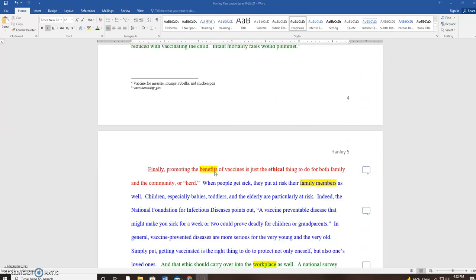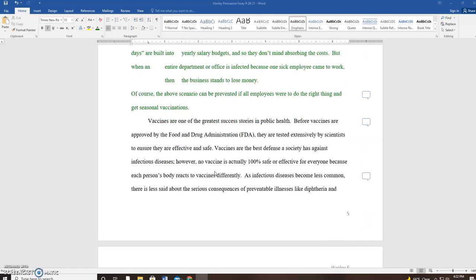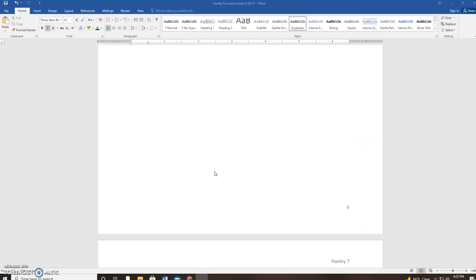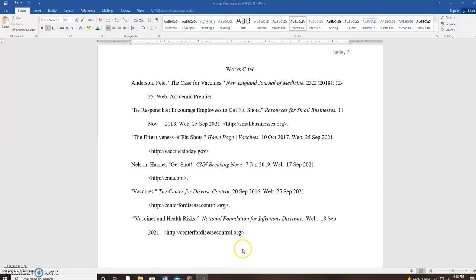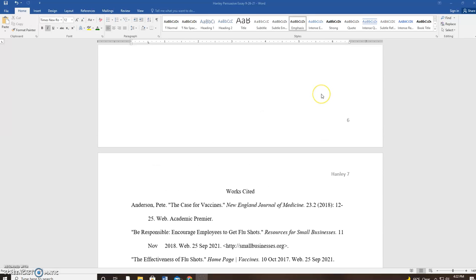But you'll see that this is just my example, followed by my example works cited page. Eventually, your sources will be going on this page. Also notice I inserted the page headers for you. So that being said,